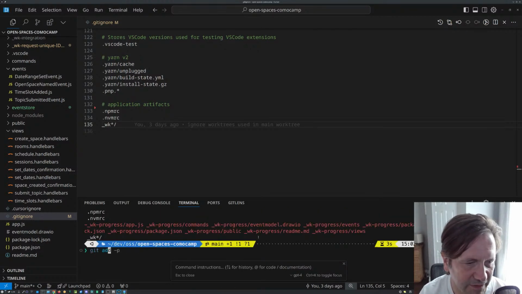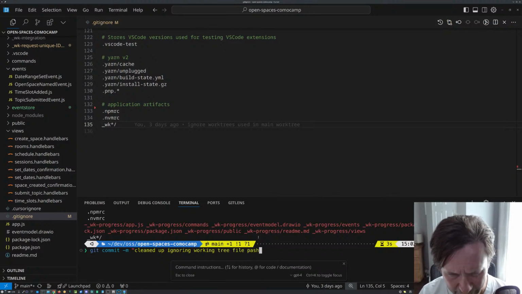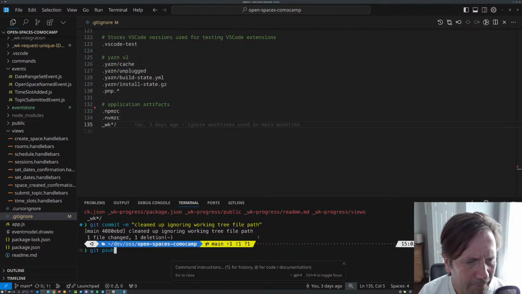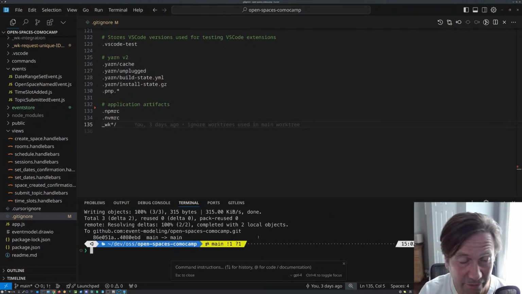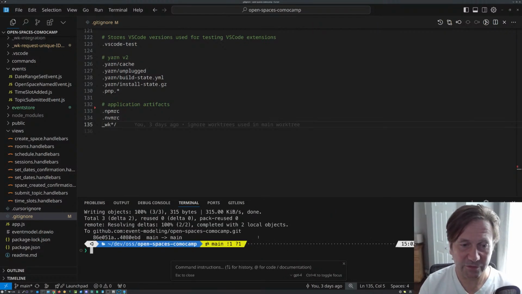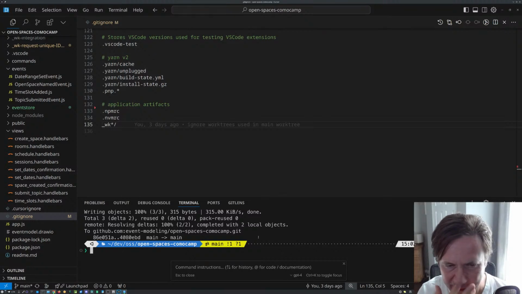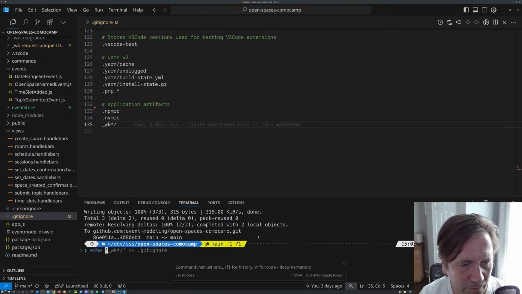Okay, so I can do that as git commit -m "cleaned up ignoring working tree file path." Okay, so that's good. Now we want to take care of the adding of event store. So usually what you have is echo star into event store